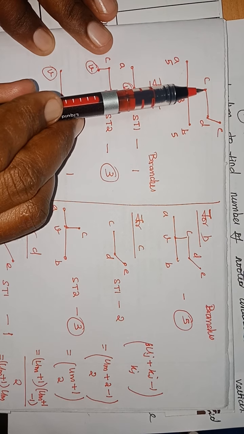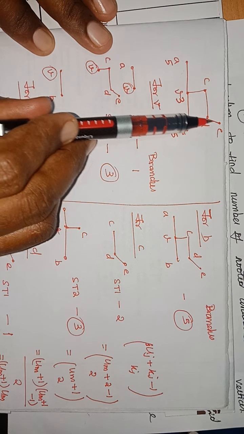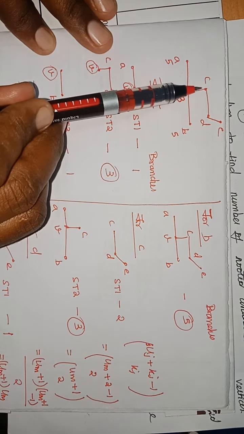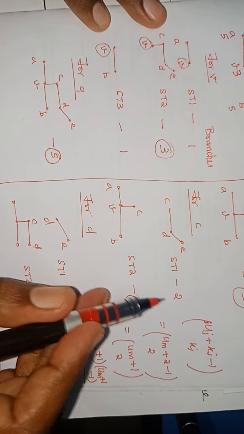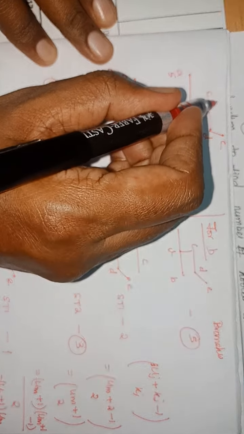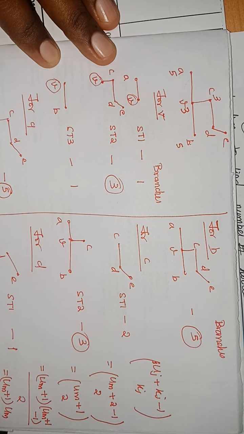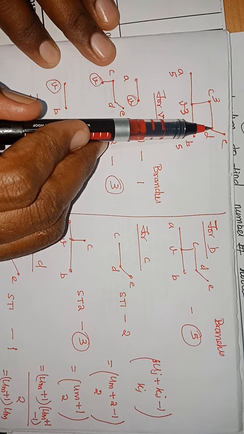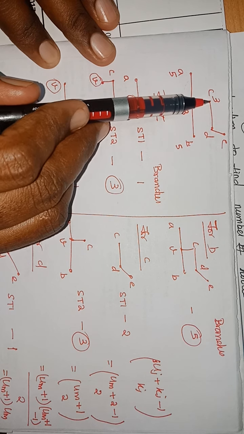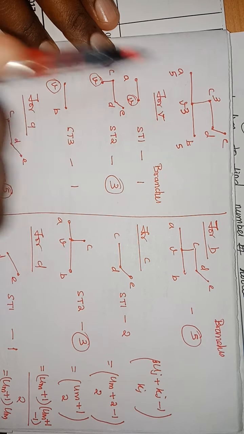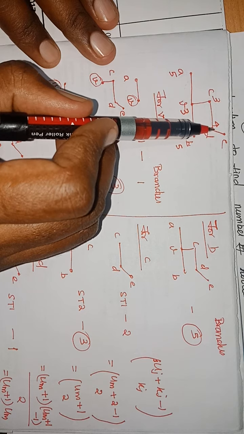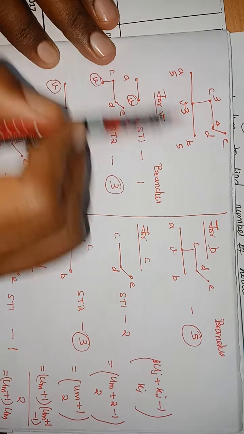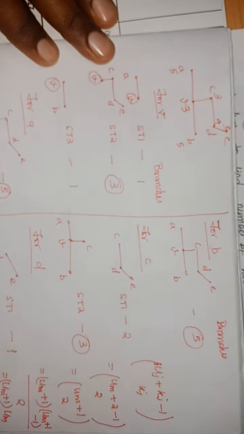What about C? Degree is 2. So one subtree will be this one, another subtree will be this. The common vertex should be C. So ST1 contains 2 branches, ST2 contains 3 branches. The maximum of these 2 is 3. So the weightage is given as 3. For D, splitting by degree 2, one containing 4 edges, another one. So this is 4. E is a pendant vertex, so it has one and only one degree. The total graph itself is a subtree, so its weightage is 5.